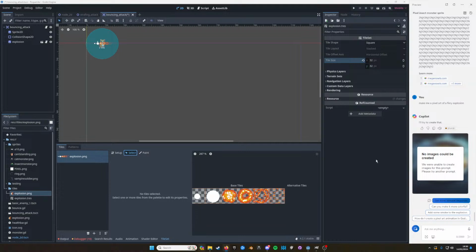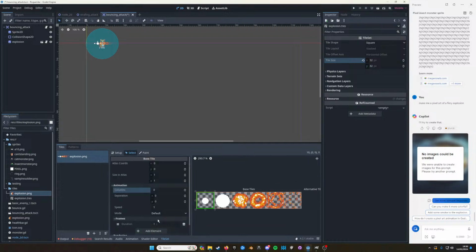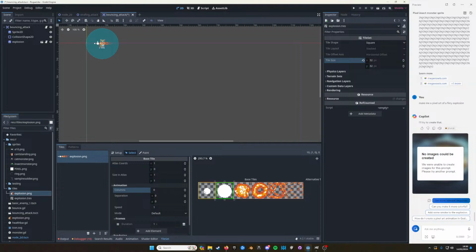Click the Atlas Setup tool up here in the top left corner and individually click on the tiles that we want to become a part of our set. This is going to be our four base tiles here in the first column. Once we've done that, we can open up the selection tool and select the third tile, which